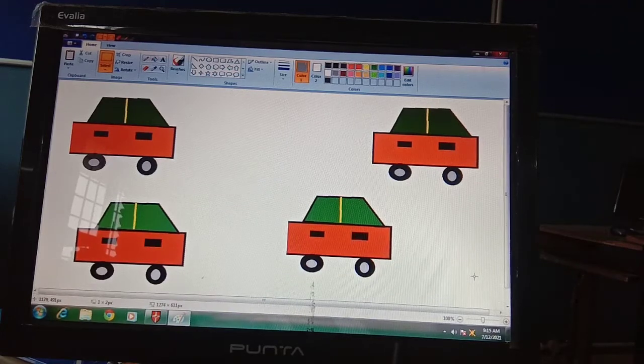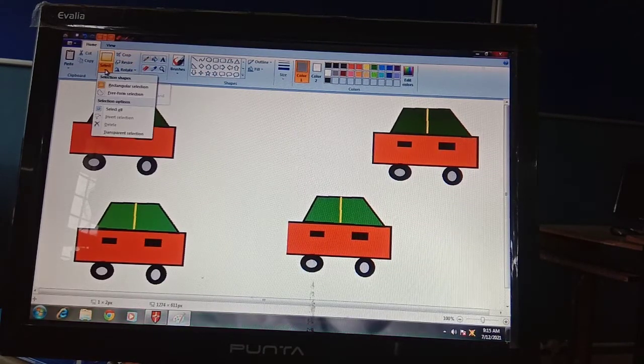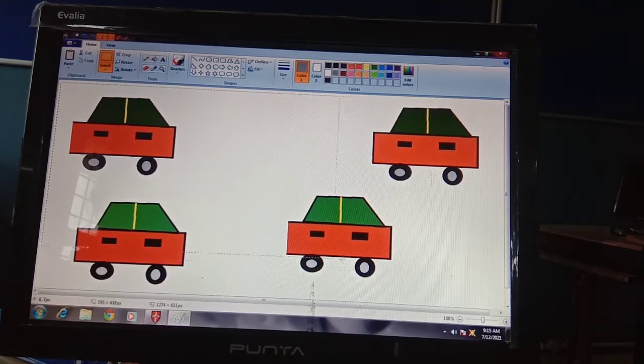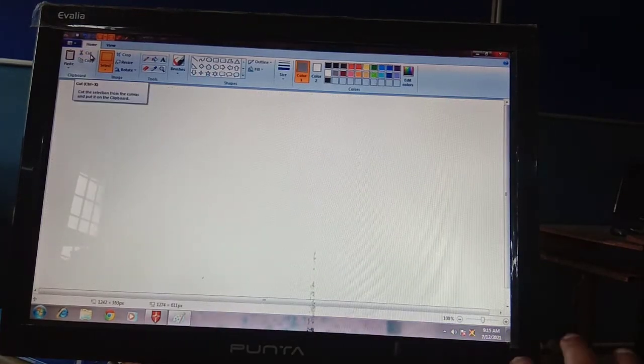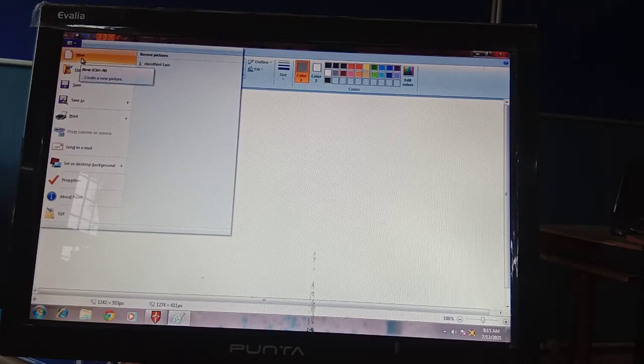Okay, for example, I need to cut all these pictures. See, I am just using the selection tool and selecting all these pictures, and I click on the cut option. So this page is now empty and I am taking a new page from the new option.